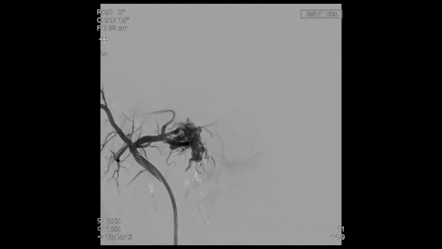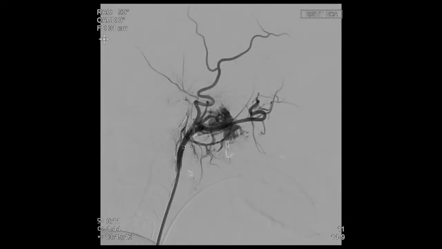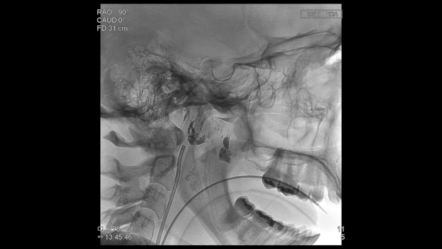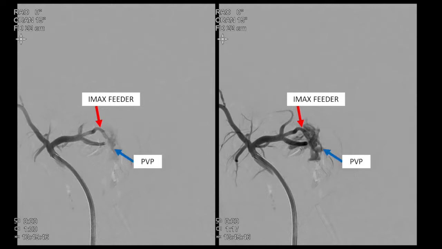Here we see an arteriovenous fistula between a branch of the internal maxillary artery and the pterygoid venous plexus. On the unsubtracted images, you can see multiple densely calcified phleboliths in the soft tissues of the face on the right. The angioarchitecture of the fistula is better demonstrated here, where we see an internal maxillary artery branch which is diving directly into the pterygoid venous plexus. We suspected that this would be a single hole fistula.